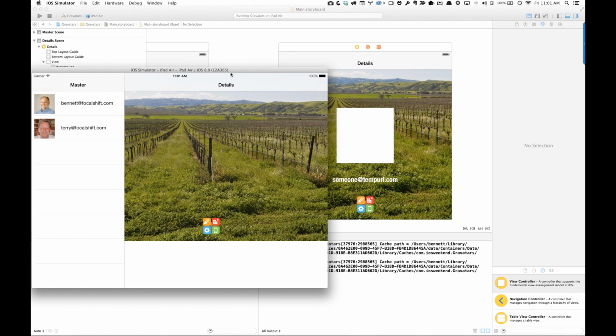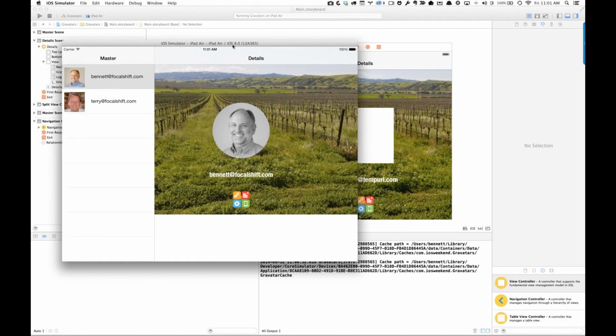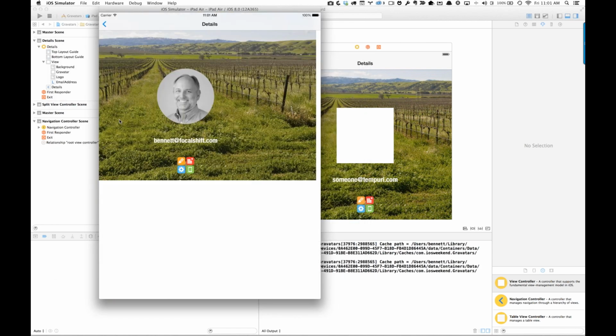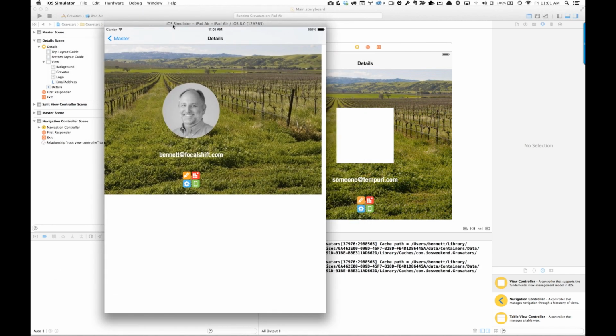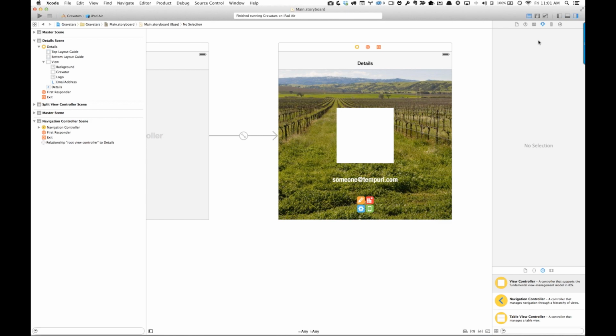And when I rotate it, you can see that it's showing the master and the detail view. And if I select again, then they show up. I think they're in the right spot. Rotate back again. So basically, we've got things that are not really ideal at the moment. What we want to do is go in and start modifying this stuff with some auto layout constraints and try to get it to show up on the different devices in the correct way. So let's start with